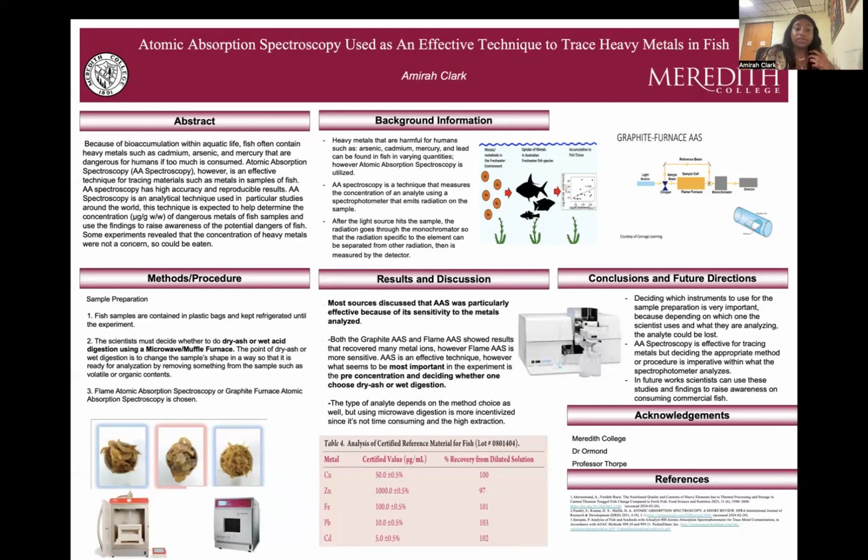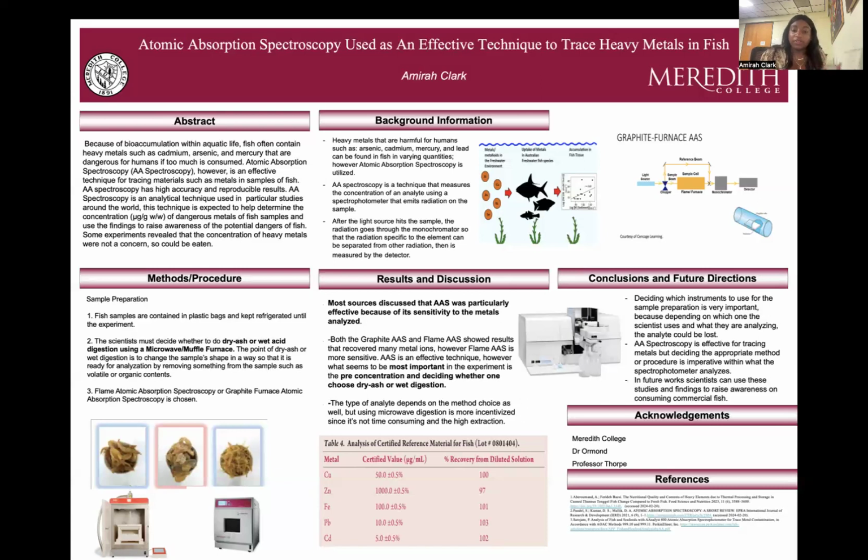AAS is an effective technique, but what's most important is the procedure, the pre-concentration, deciding whether to choose dry ash or wet digestion, because choosing the right one will determine if you will find most of the analyte you're looking for, because some analyte could be lost depending on which one. The type of analyte depends on the method chosen as well,